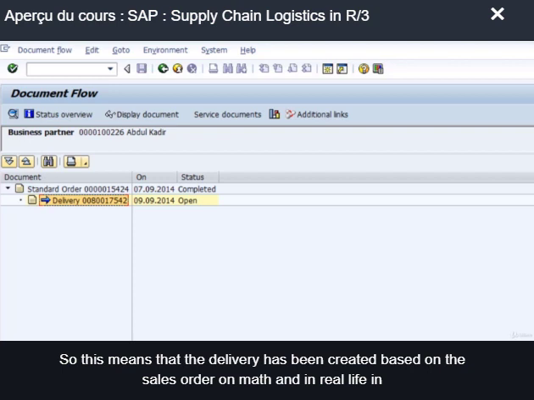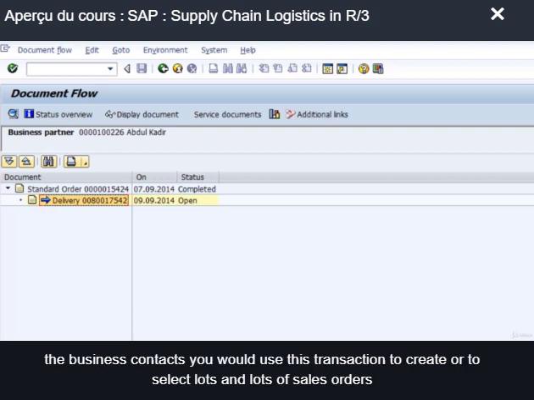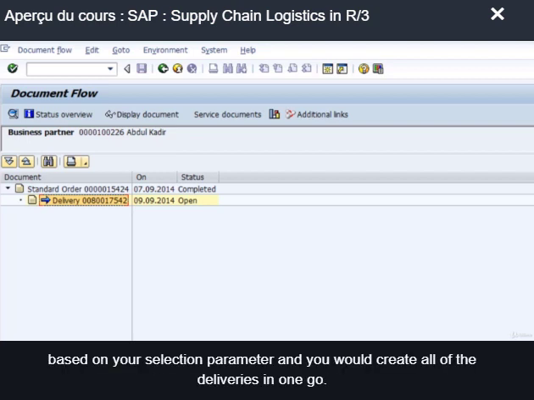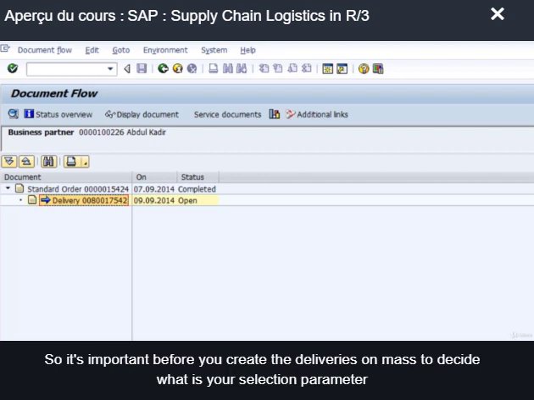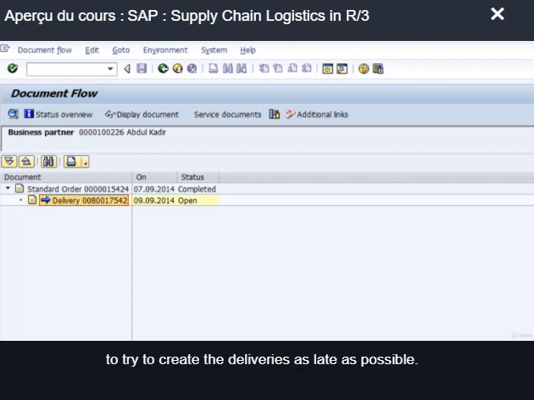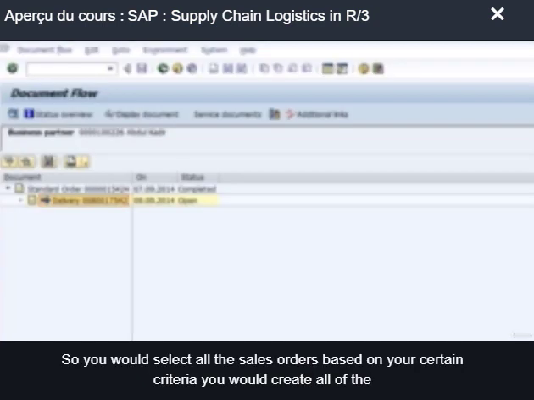And in real life, in the business context, you would use this transaction to select lots and lots of sales orders based on your selection parameter, and you would create all of the deliveries in one go, usually as a background job. So it's important, before you create the deliveries en masse, to decide what your selection parameter is, to try to create the deliveries as late as possible. And so you would select all the sales